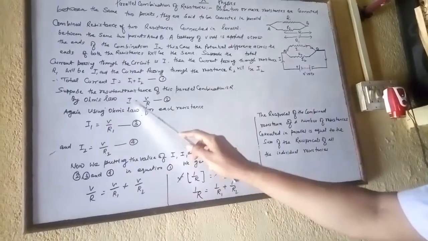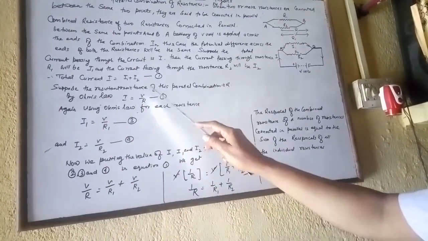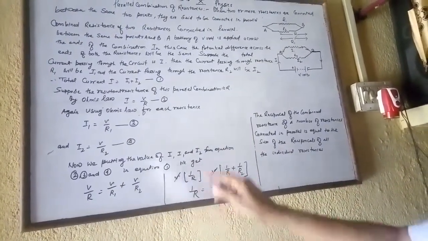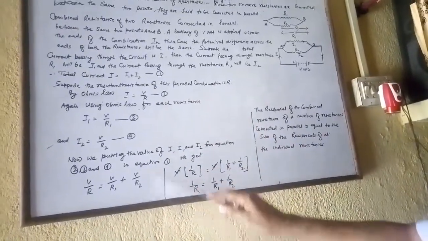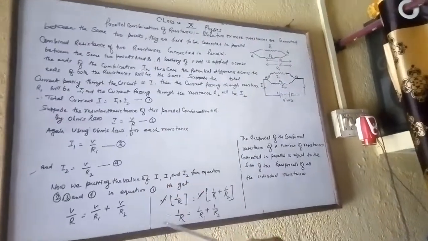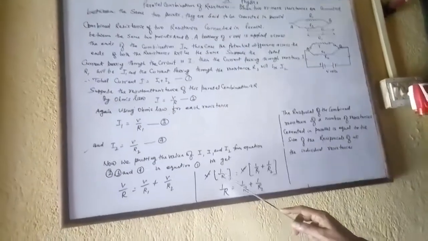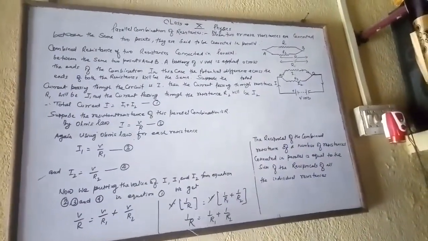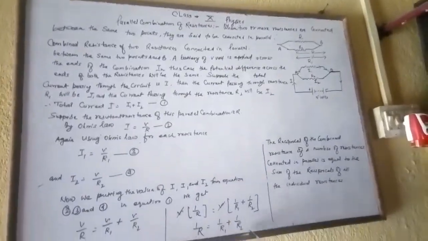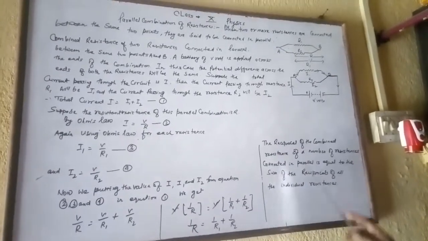यहाँ देखिए, I की जगह पर V/R, I1 की जगह V/R1 और I2 की जगह V/R2 रखा, जैसे हमने इक्वेशन 4 से निकाला। अब दोनों तरफ V कॉमन ले लिया, तो वो कैंसिल हो गया, और फिर 1/R = 1/R1 + 1/R2 हमने देखा।